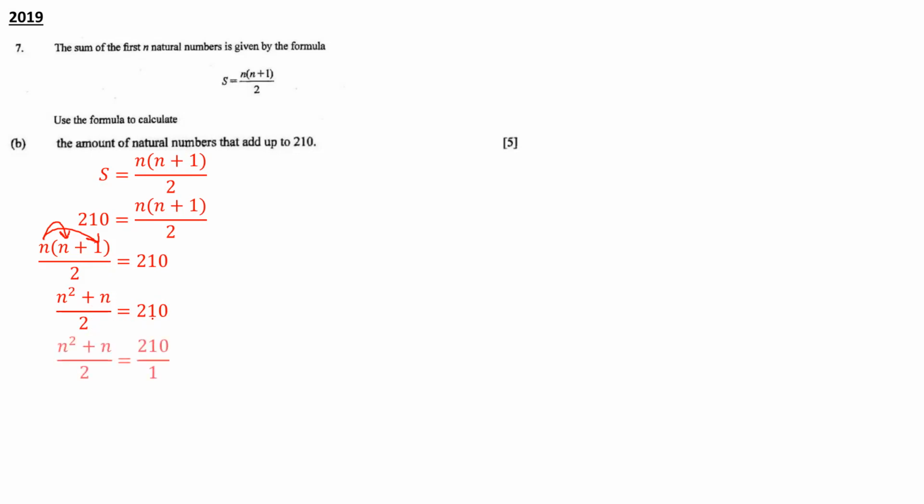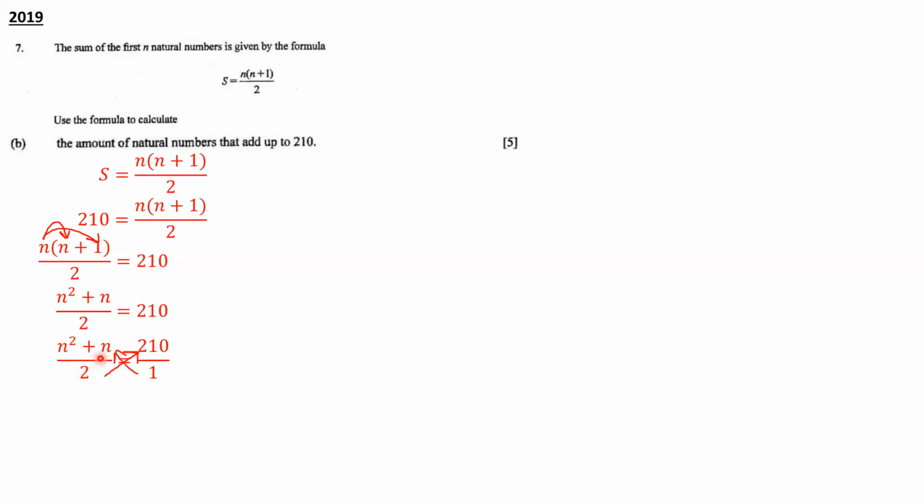We can cross multiply, but let's put 210 over 1 first. And by the way, all we did was put 210 over 1. That's all we did. And we just kept this side the same. Why would we put it over 1? Because we want to cross multiply. So 2 is going to be multiplied by 210, and 1 is going to be multiplied by